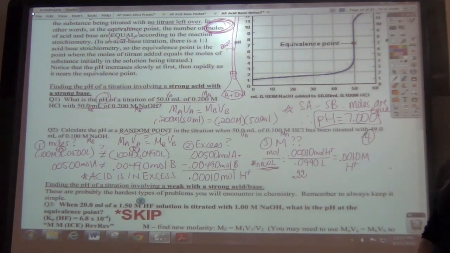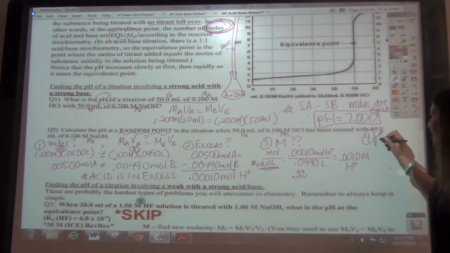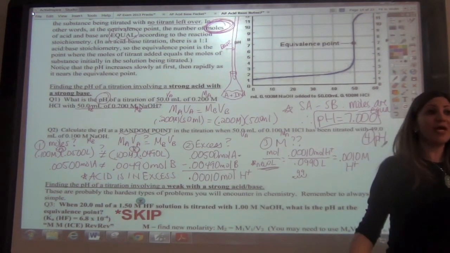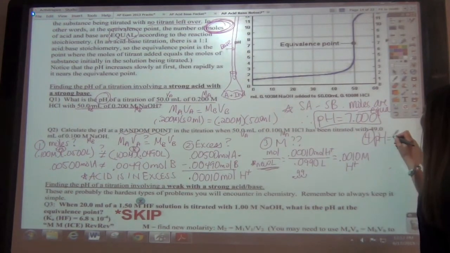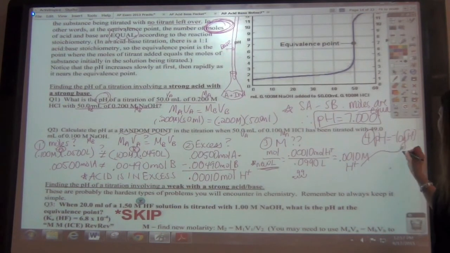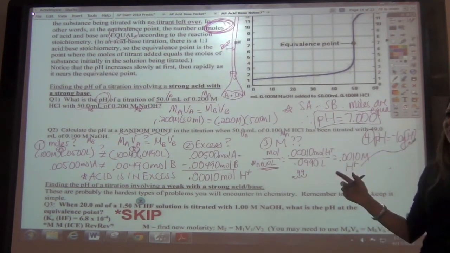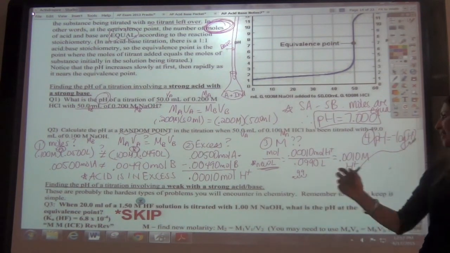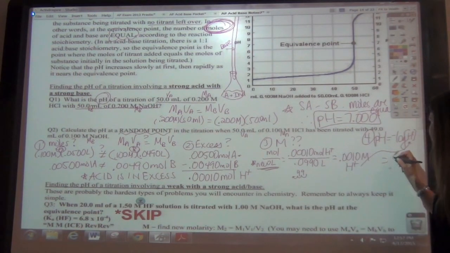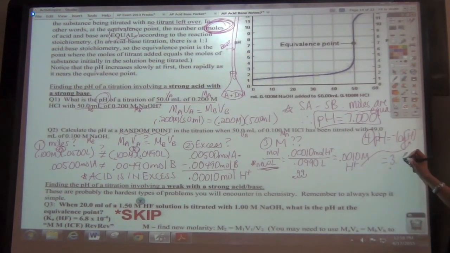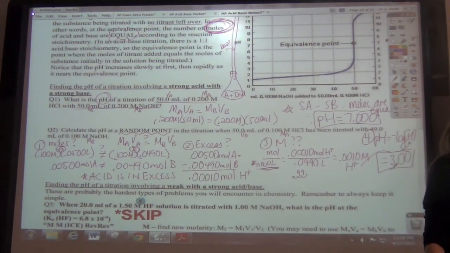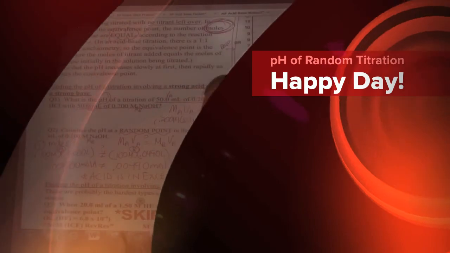So the last step, step 4, is find our pH. And how do you find your pH? The equation is negative log. So pH is negative log of our H plus. And so all we're going to do is plug this number right into there, which this is an easy one, because it's 1 times 10 to the negative 3, which means your pH is 3. And so sig figs, so this is equal to 3 we have got 2 sig figs, so 0, 0, and we're done. Okay, so that's basically it for figuring out the pH at a